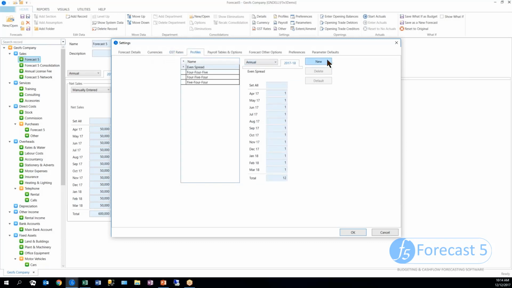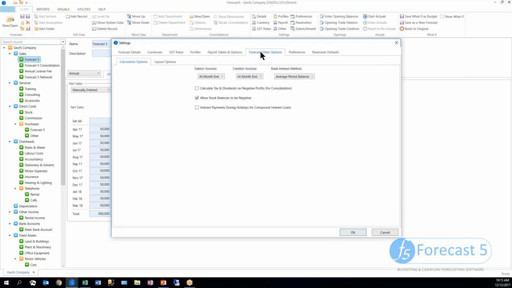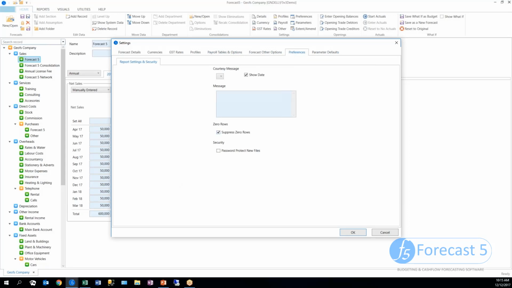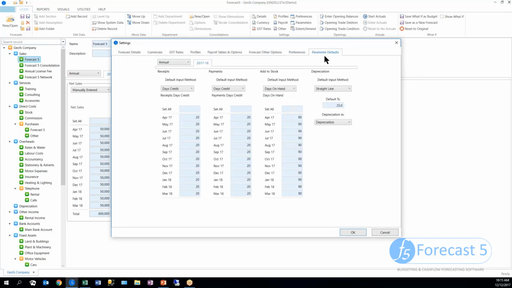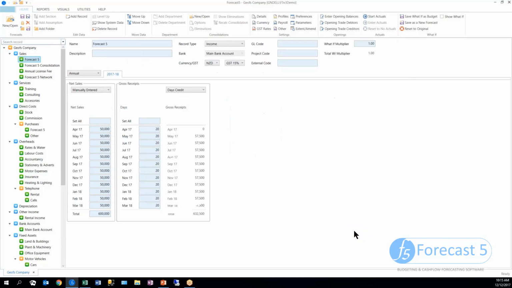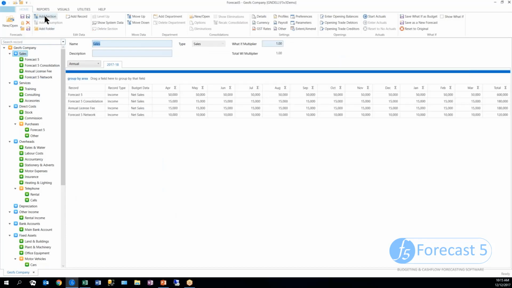Profiles, seasonality spreads, which we can use, our default settings for payrolls, forecast other options, preferences, so we're going to suppress zeros, titles, Jeff's message, reference to our disclaimer, similar like that, and then parameter defaults. So whenever I create a new record, I'm going to make it 5 days seating, and we pay our creditors on 25 days, and stock is 90 days, and straight line is our method. So these defaults will apply when I go in here and add, at this level, another section,